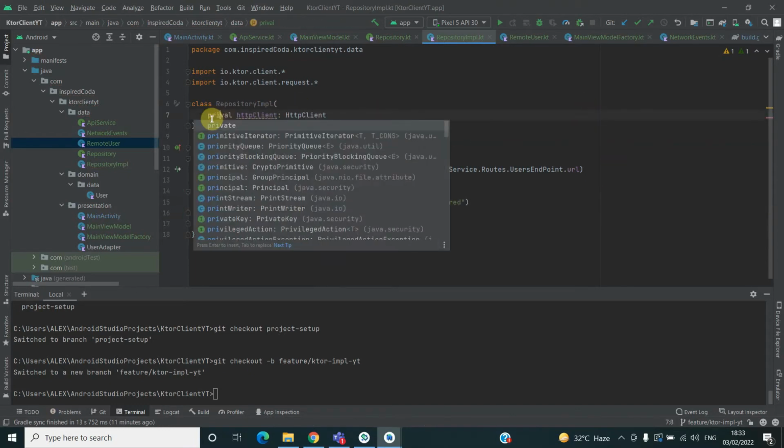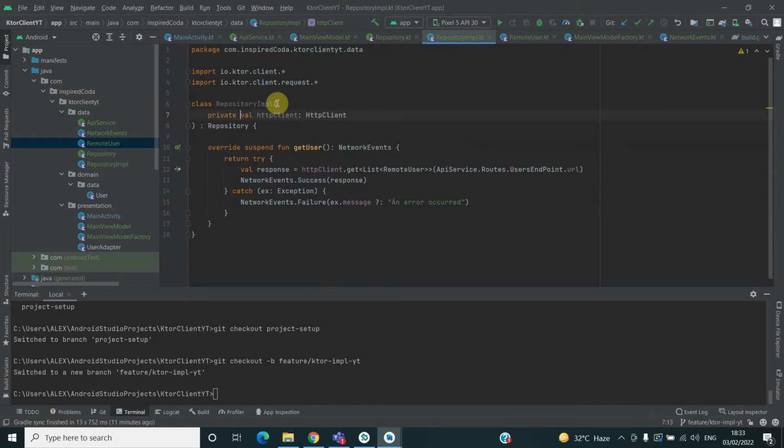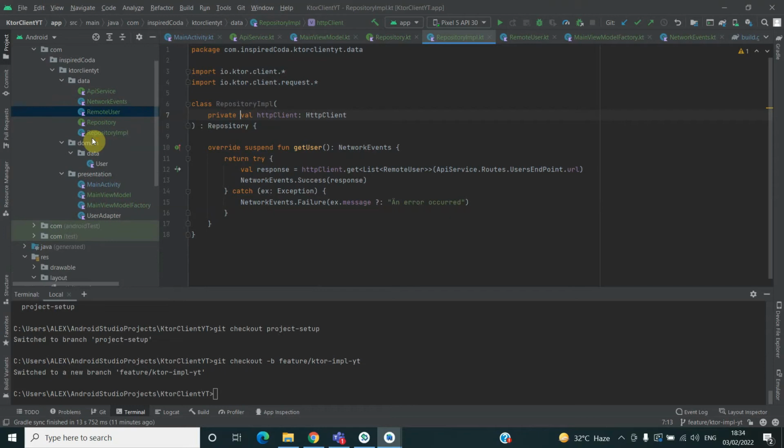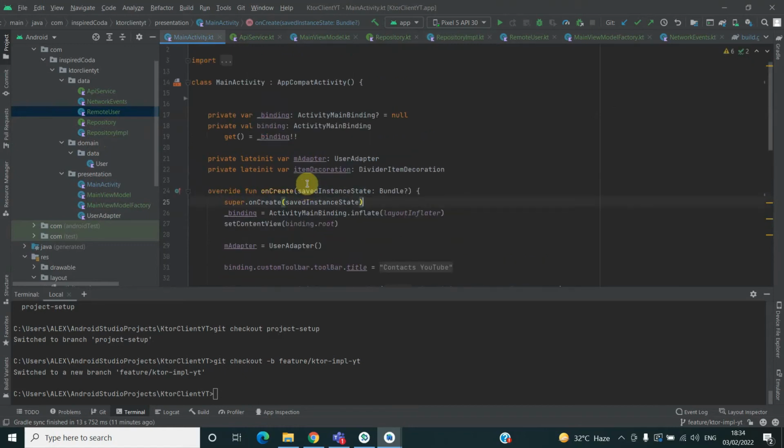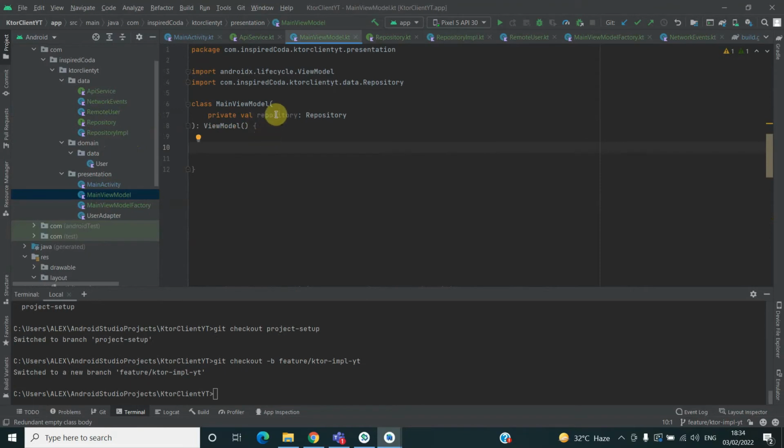So now that we have this in place, we have a repository, we have repository implementation, the API service, the remote user, and our main activity. So we have our main view model here, which also takes our repository. So we can have our init, which will take package from get users, which will take